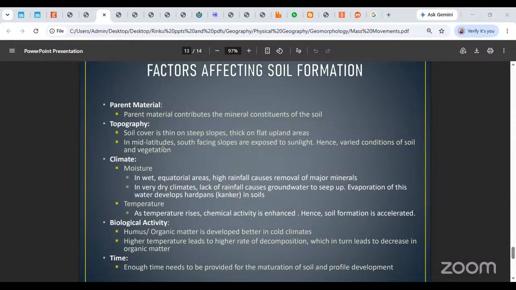All right. Whereas in very dry climates, this is a problem unique to India. But look, we face this problem a lot, especially in the northern side of India and the continental side of India. In very dry climates, whatever water existed in the groundwater, in the soil, starts to evaporate rapidly. So by capillary action, that water also goes upward. You understand capillary action, right? So the water starts to go upward in the upper layers of the soil because of the capillary action.